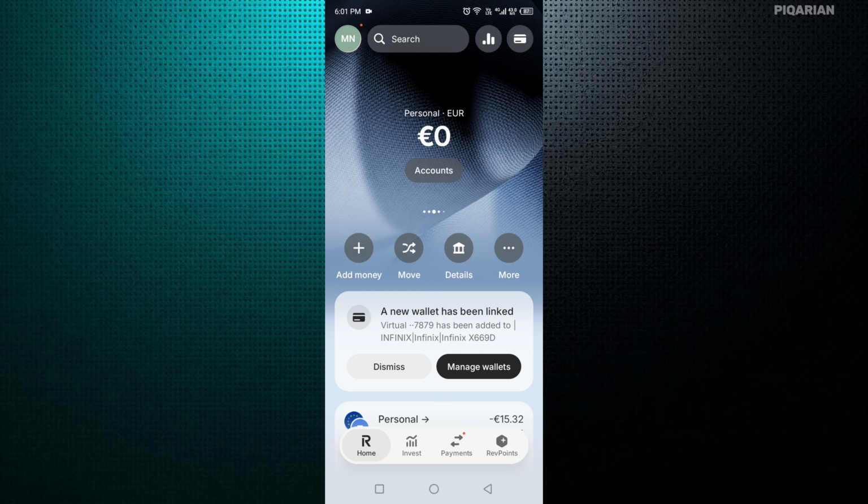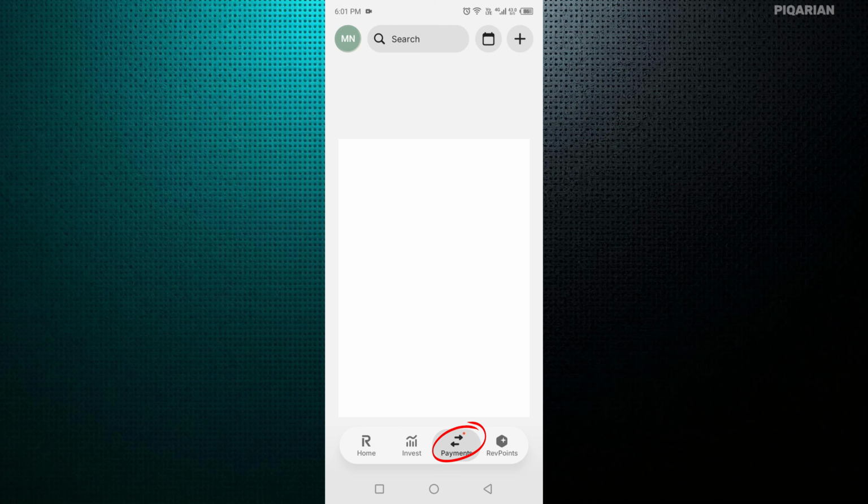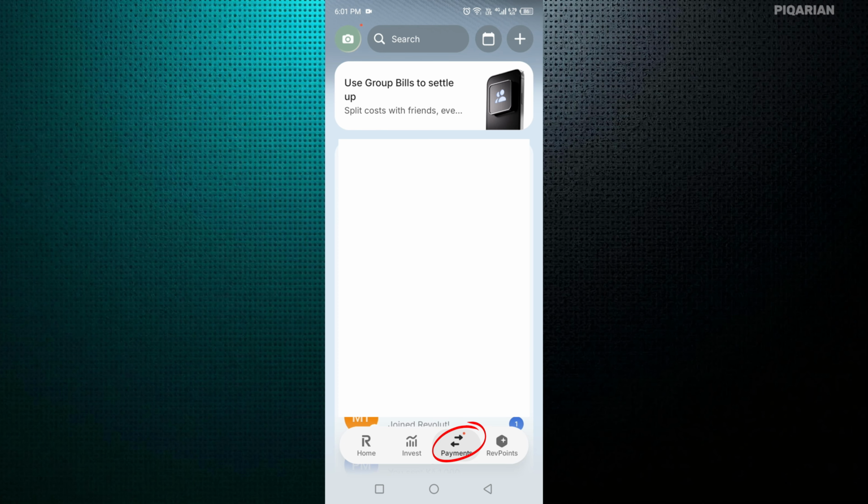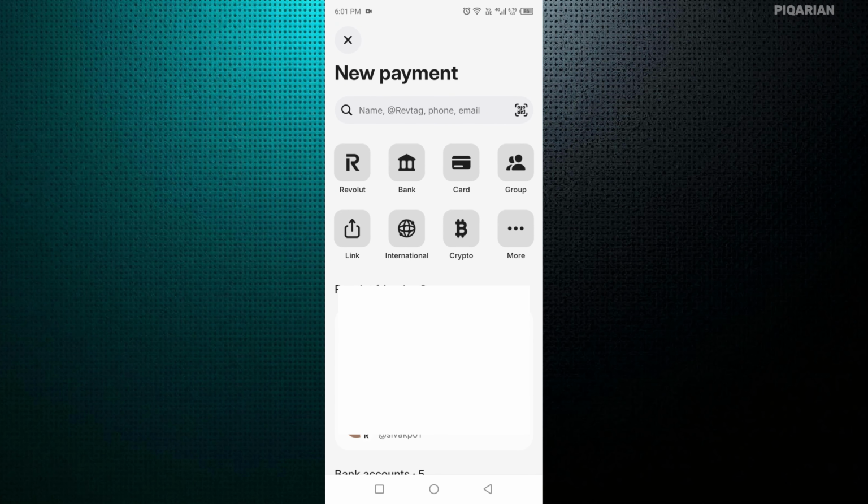To get started with the fastest method, open your app and tap the Payments tab at the bottom, which looks like 2 small arrows. Tap the plus icon in the top right corner to start a new transfer. If your friend is already on Revolut, you do not need their bank details at all. Just search for their name in your contacts, or type in their Revtag, which is their unique username starting with the @ symbol. Put in the amount, hit send, and they will have the money before you even close the